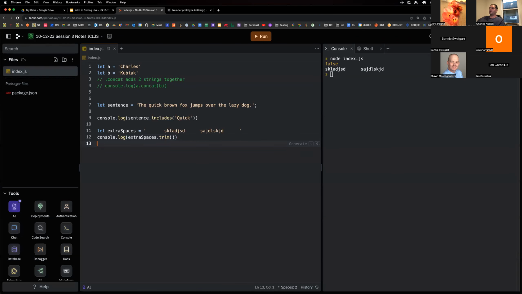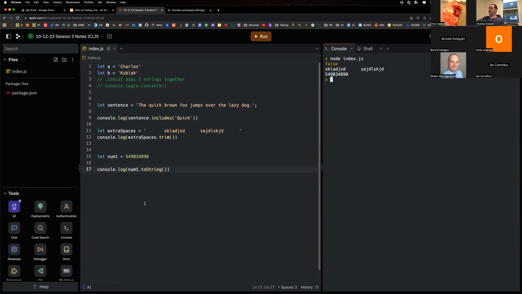And so we can say let num1 equal that, and we can do console.log num1, right? And there's our number. And same thing down here, if we do toString. Right, so now again, it went from gold to white. So it is now a string over here. Right, and so if I do console.log num1 again, see how I get my number? So I did not change